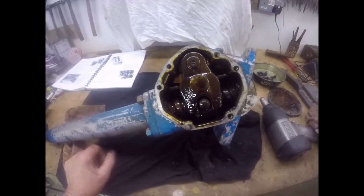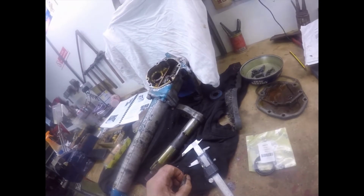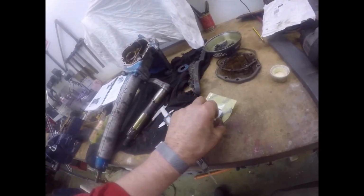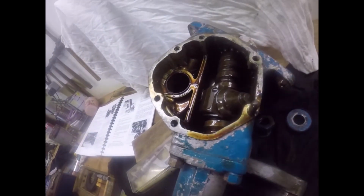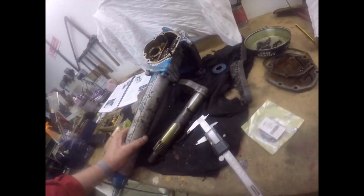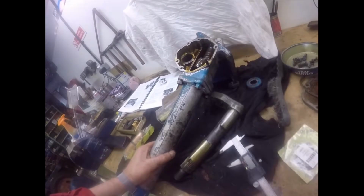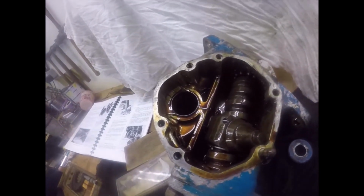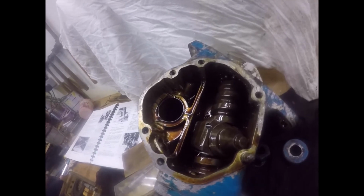Okay, bye now. Right folks, I've come to a decision. After finding that the seal they've sent is the correct seal, but the bushes are too big, I have put the shaft into these bushes, and I've come to the conclusion that there is virtually imperceptible play on them, but the oil seal is ground to blazes. So what I'm going to do is put the new oil seal in,